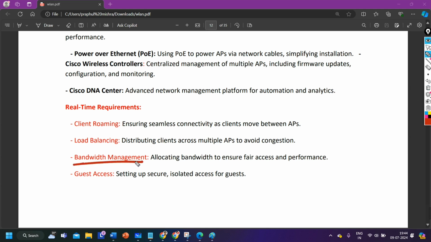Now the third requirement is bandwidth management. So allocating bandwidth to ensure fair access and performance, right? You will understand, guys, bandwidth management: how you are going to allocate bandwidth for a specific VLAN, for specific users, for a specific department. Getting my point? So while implementing a wireless network, you need to keep all of these in mind, like client roaming, load balancing, bandwidth management,